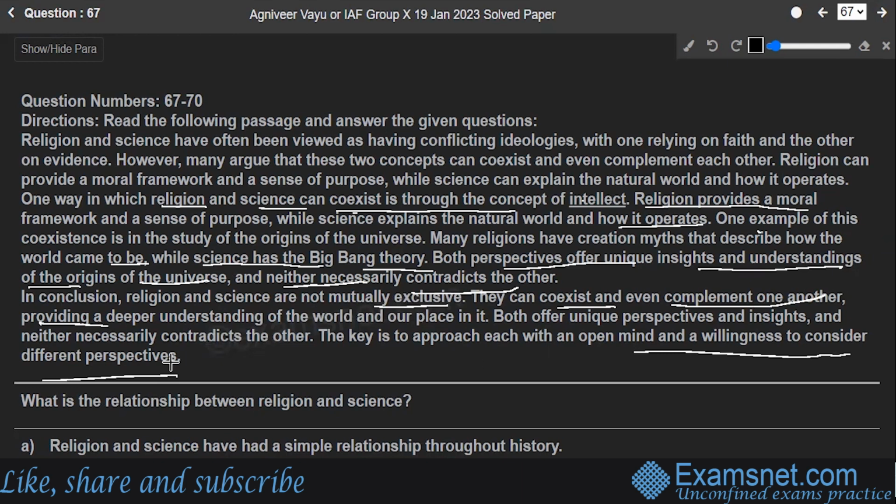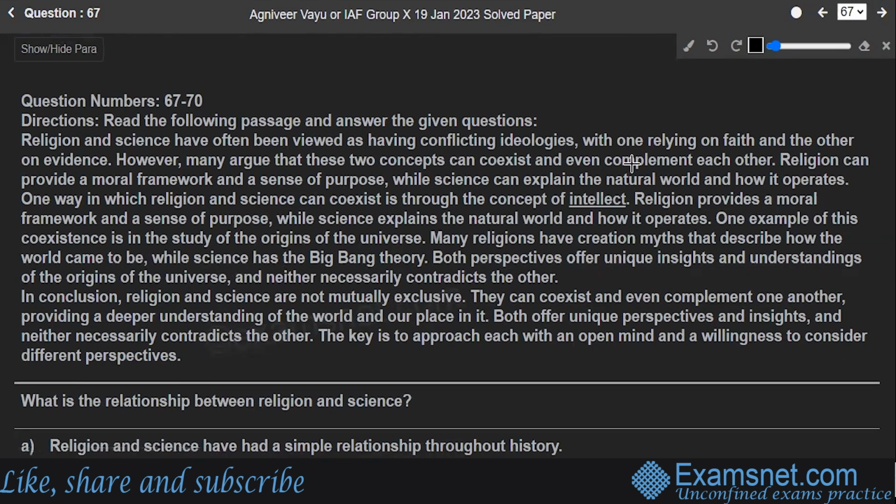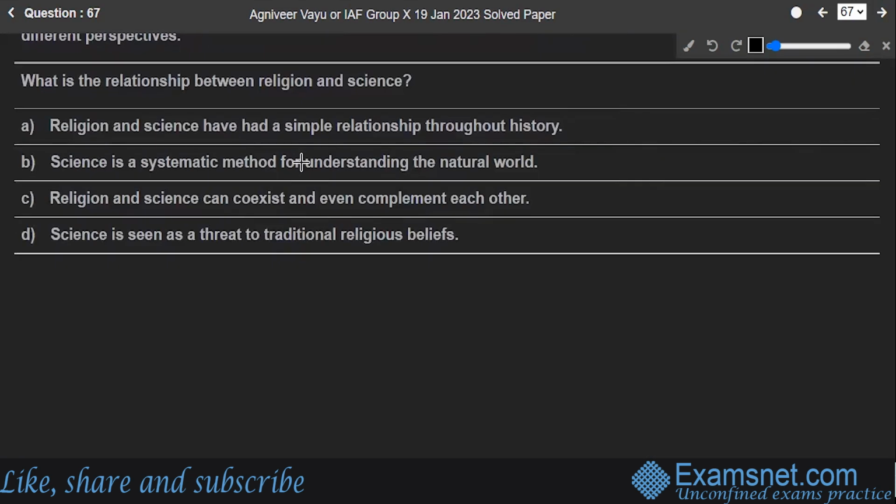Okay, so we have the paragraph. Now four questions will be asked based on this paragraph. First is, what is the relationship between religion and science? Is it that religion and science have a simple relationship throughout history? Science is a systematic method for understanding the natural world. Religion and science can coexist and even complement each other, or science is seen as a threat to the traditional